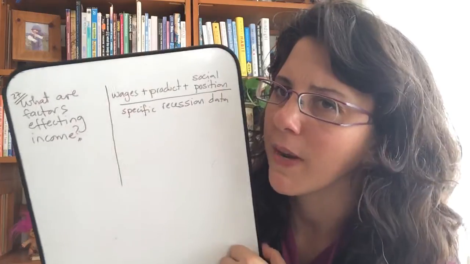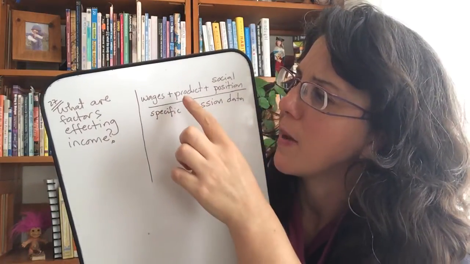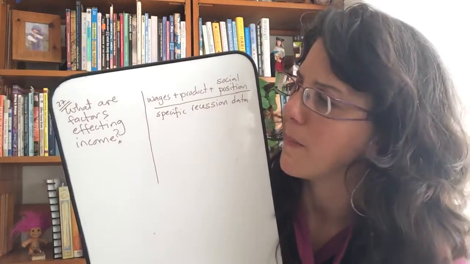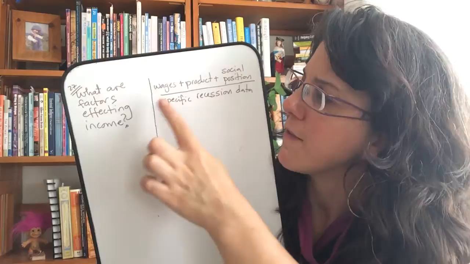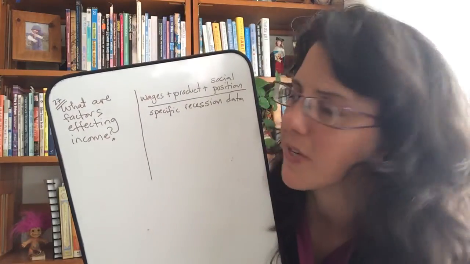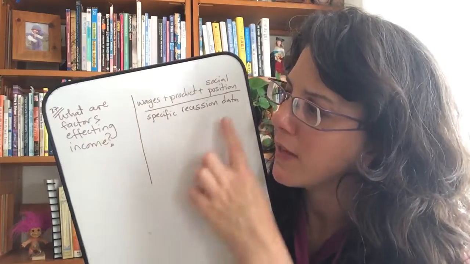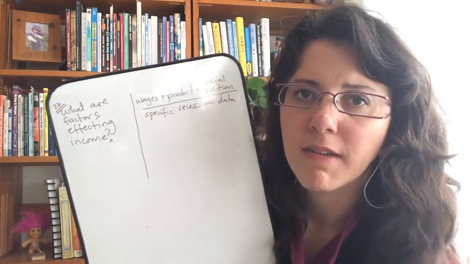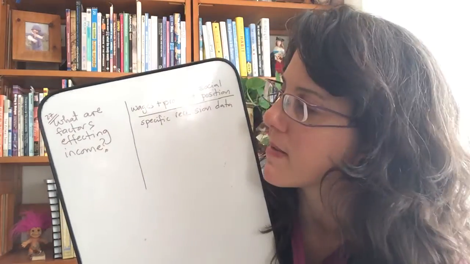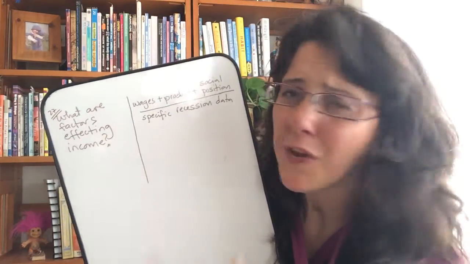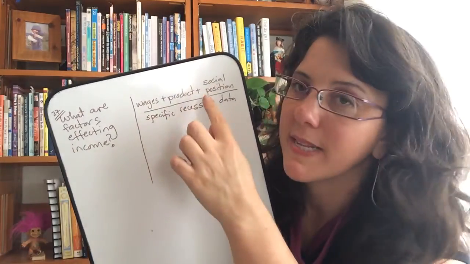So in this case, what it says here is wages, so a person's wages, plus their productivity, that's what product meant, plus their social position, divided by any specific recession data for the time that we're talking about. All of that affects income in a particular region, I think it was. You don't have to actually understand this example right now, though, just to see that we use pluses,